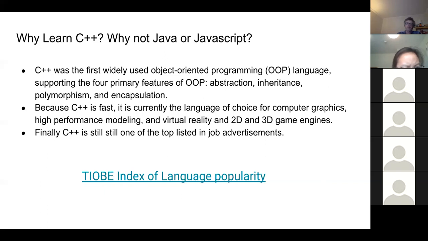Because C++ is fast, it is currently the language of choice for computer graphics and high performance modeling and virtual reality and 2D and 3D engine games, right? Most gaming software is written in C++. And it's still one of the top listed job advertisements. Let's look at the